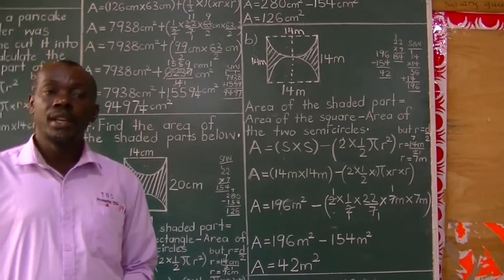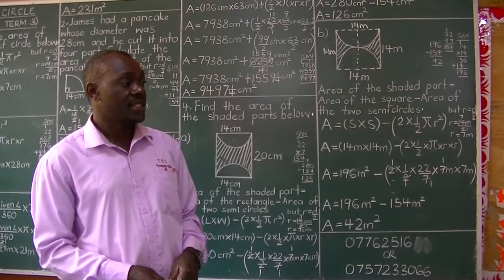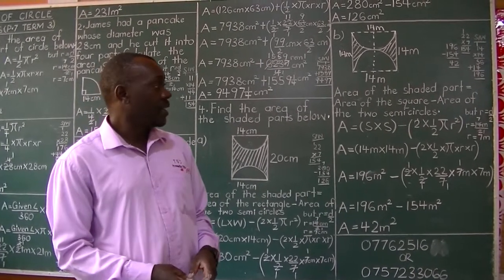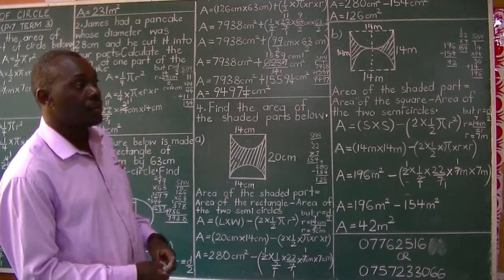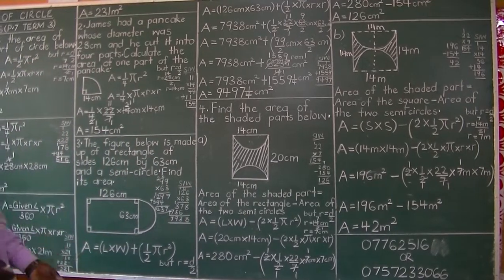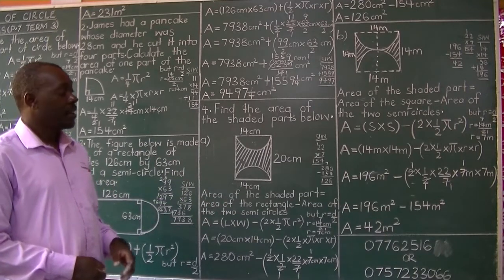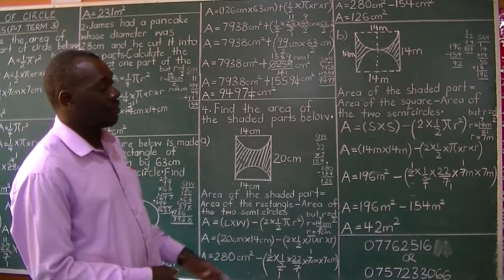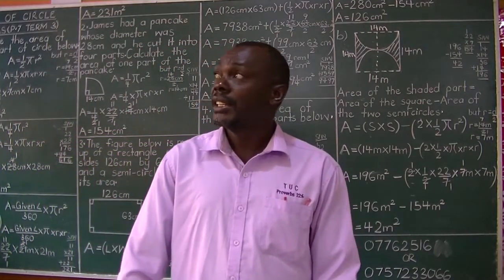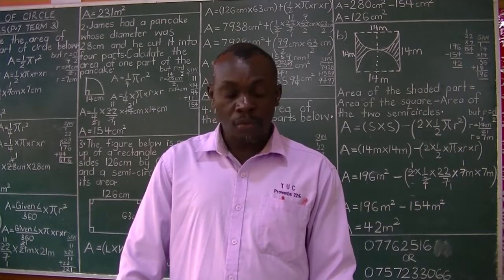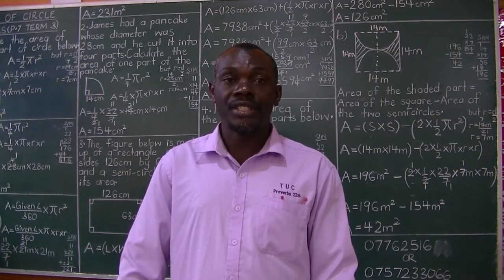In short, we have learned how to find the area of circle sectors, those with names and those without. Then how to find the area of one circle sector attached to another shape, and if it's attached, then it's formed by addition. Then if it's inbuilt, that is built in a particular shape, then the remaining area is found by subtraction, as I've shown. That is what we have done, and please do like that in your workbooks, Primary 7, Term 3, page 36 all the way to 40.